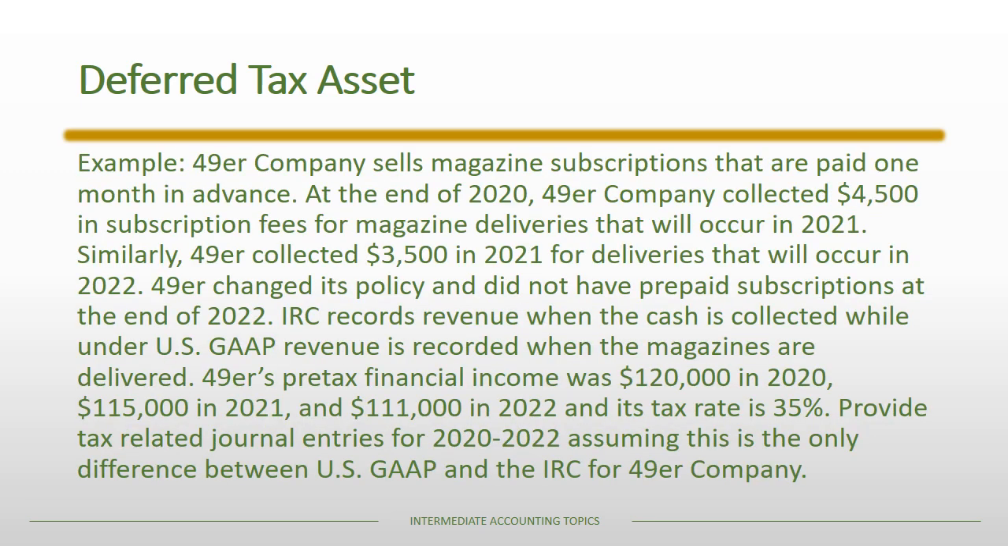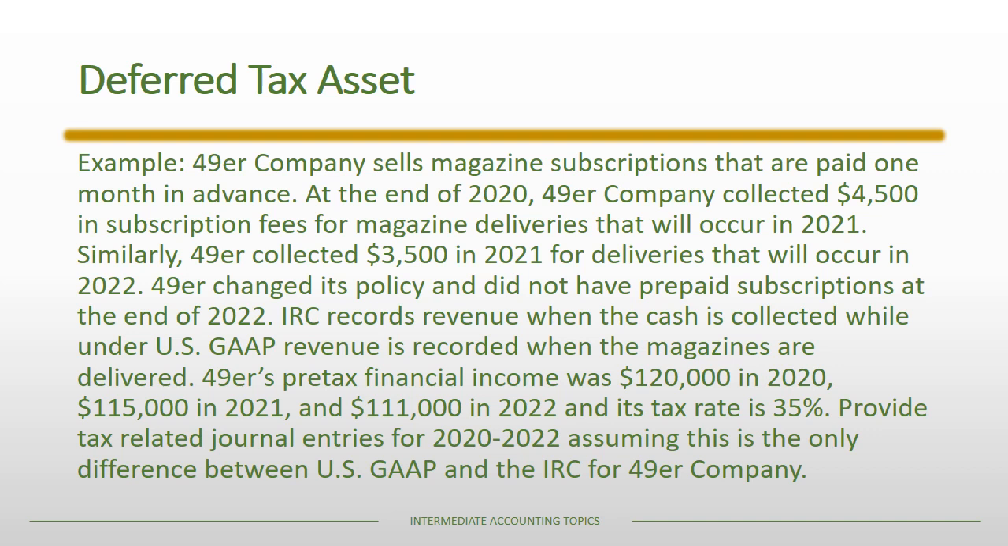All right, so here's the example. In this case, 49er Company sells magazine subscriptions that are all paid 1 month in advance. At the end of 2020, 49er Company had collected $4,500 in fees for deliveries that will happen in 2021. They had a similar situation in 2021, only for $3,500 that time. And they did change their policy in 2022 so that there were no